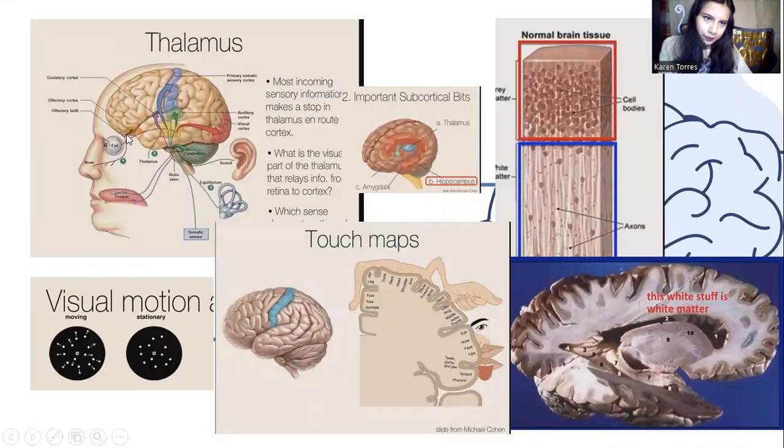So basically, depending on what sense you are using, one part of your brain is activated, but everything needs to be filtered right here in this yellow point. And depending on what you're using, this is the filter that sends it to the right place. But it's like a connection where it's always going back and forth all the time. I don't know how it works, but it's that way.